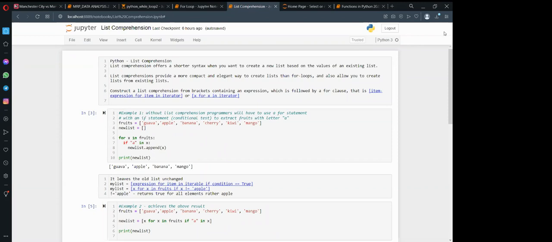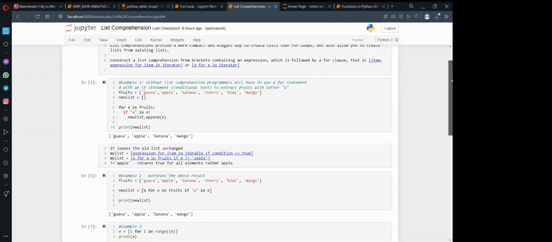We've been talking about these lists and tuples a lot, because we find that most of our data are in terms of lists. The list comprehension will provide a more compact and elegant way in which you can create lists than for loops, and also allow you to create lists from existing lists.